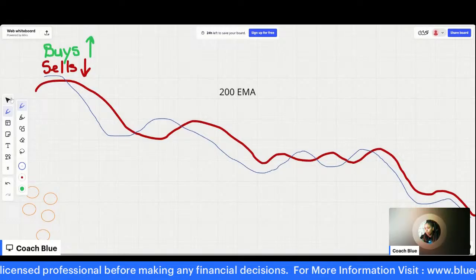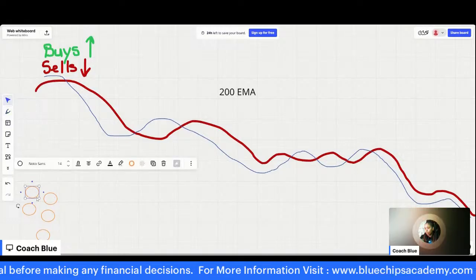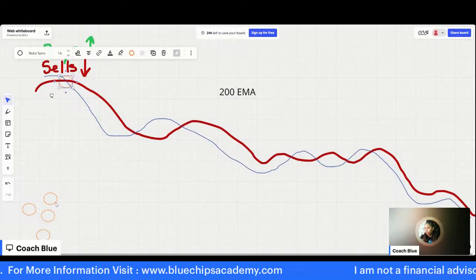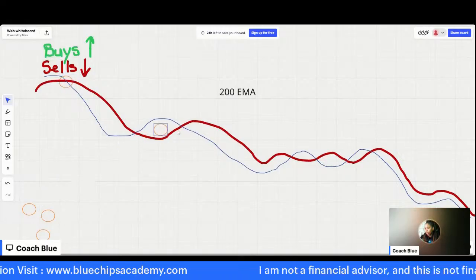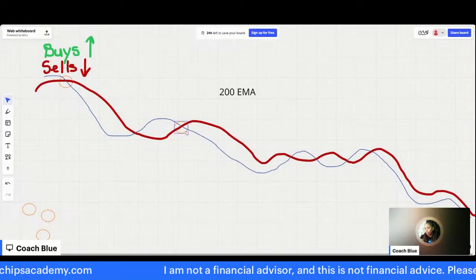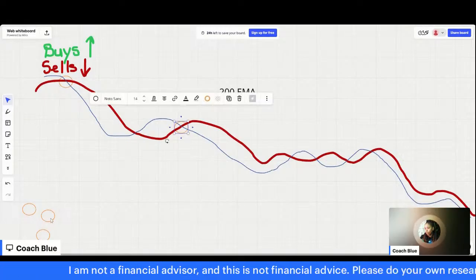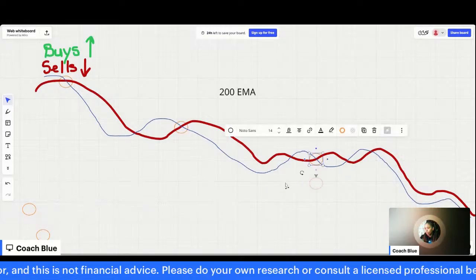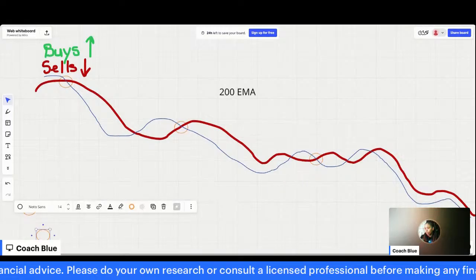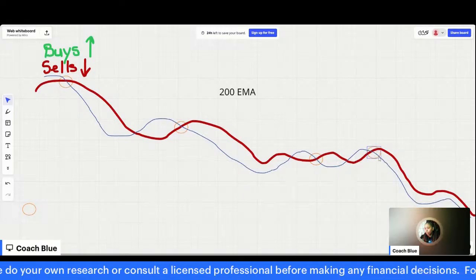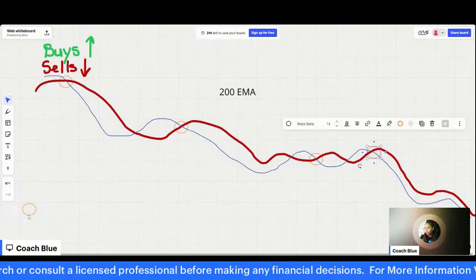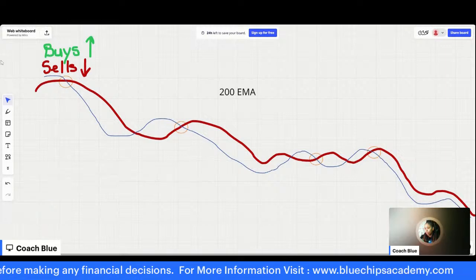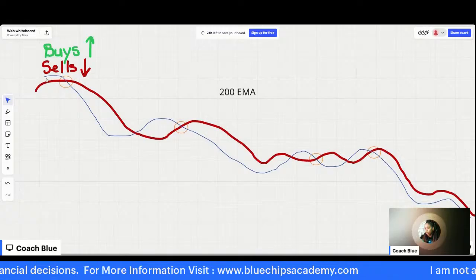Okay? So let's point out our crossovers. So we have one here. We have one here for our entry. Because remember, we want to look for those crossovers that are going to the downside. That's what we're looking for. Those crossovers that are going to the downside. Okay, then we have one here. All right, so those are our points of entry. So now let's count out.